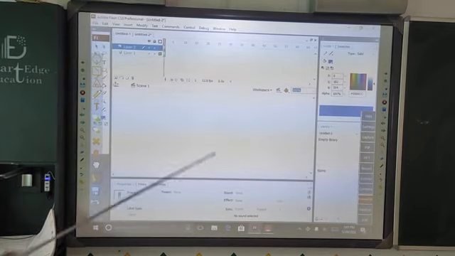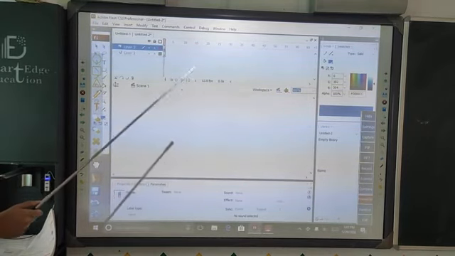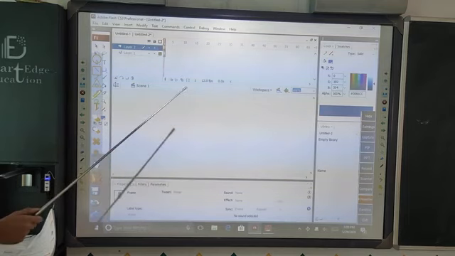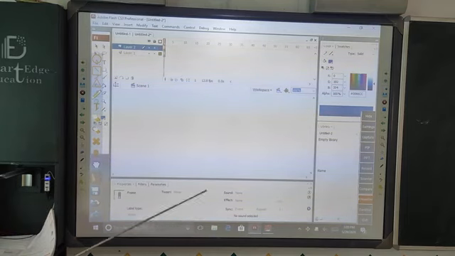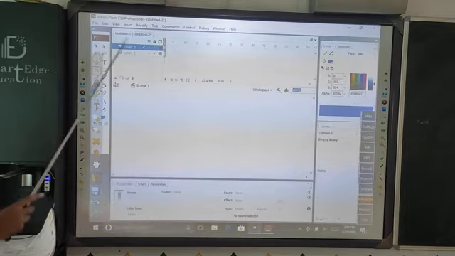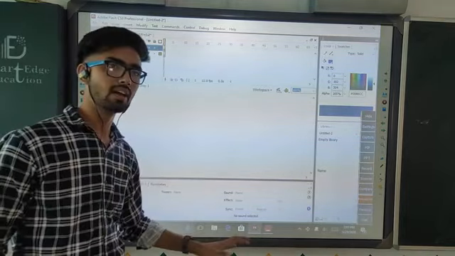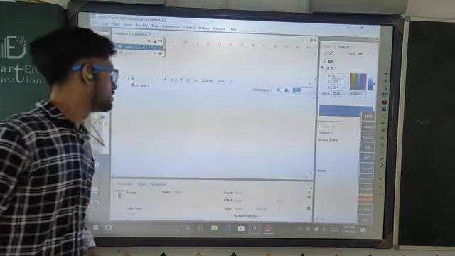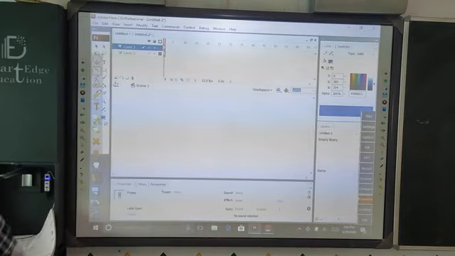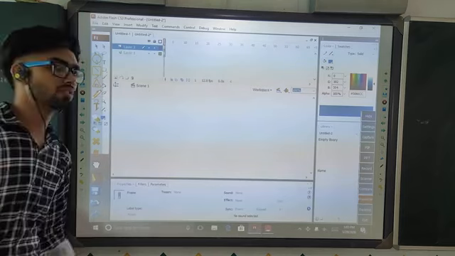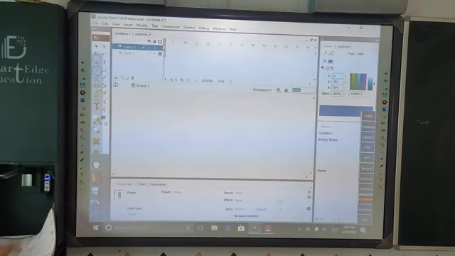This is the method of adding layers, and this is our scenes, and this is our property inspector panel where we change every tool's properties and effects. So these are all the introduction to our Flash. The rest we will discuss in our next lecture, okay?